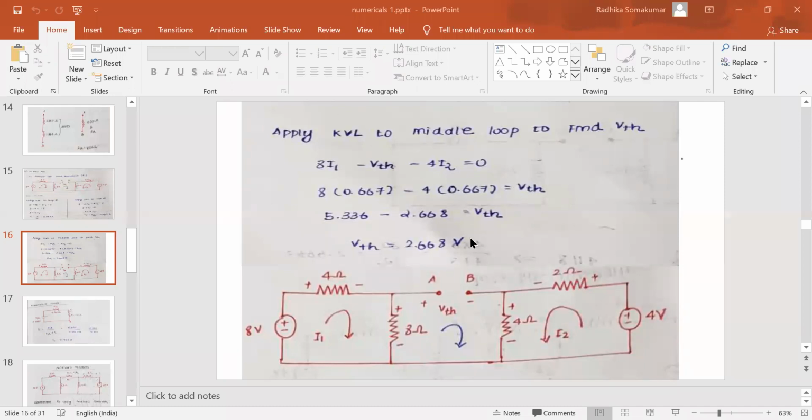Now, for an example, in case you get a minus value for VThevenin, no need to panic. The only difference will be that the VThevenin you have assumed is in reverse polarity. Actually, B is at higher potential, so you have to take it as VBA. That is the only consideration, the inference of a negative sign coming over here. Now here, the direction that we have assumed is proper, so we have got a positive value. I believe this problem is also clear for everyone.